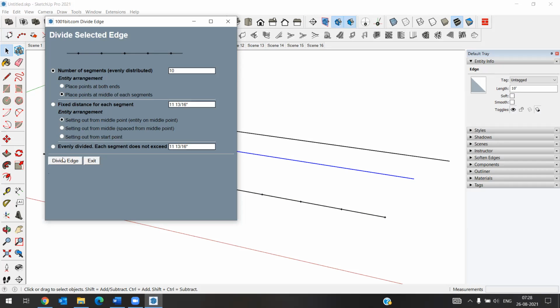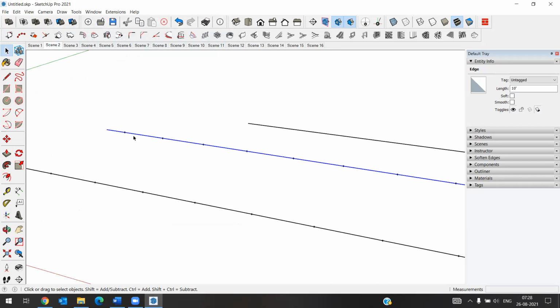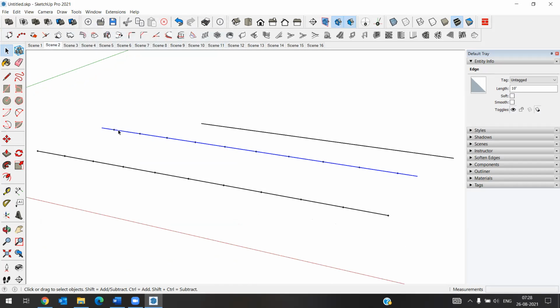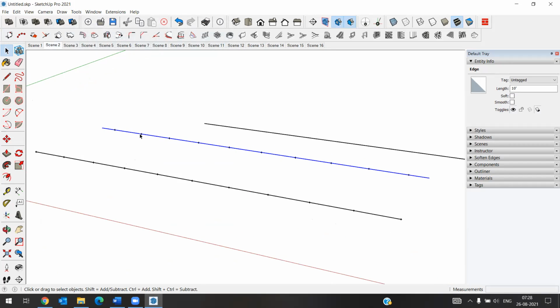So if you see that, divide edge in the middle. Okay, so this part will be 5 and this part will be 10, 10, like that. The last two parts will be 5 and 5, that is, the last will be half, half and the middle will be full. So in that way it will make the segments.